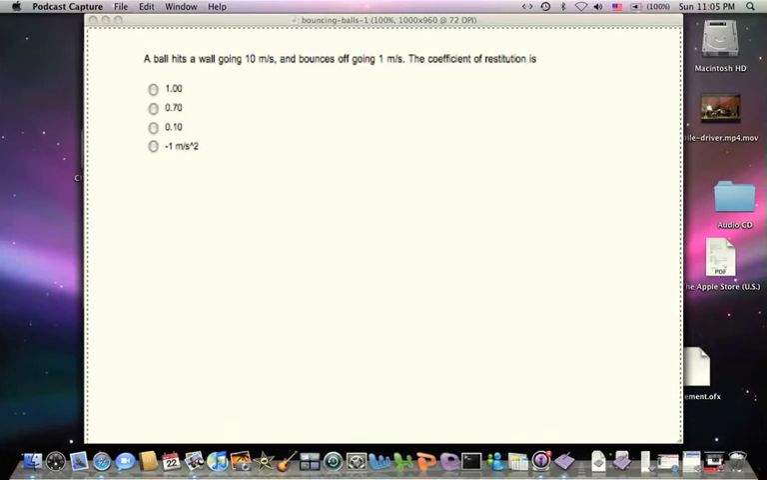So now we've covered the problems that were in the bouncing balls review for the final. The first problem says a ball hits a wall going 10 meters per second and bounces off, going backwards at 1 meter per second. The coefficient of restitution is, well, remember that the coefficient of restitution